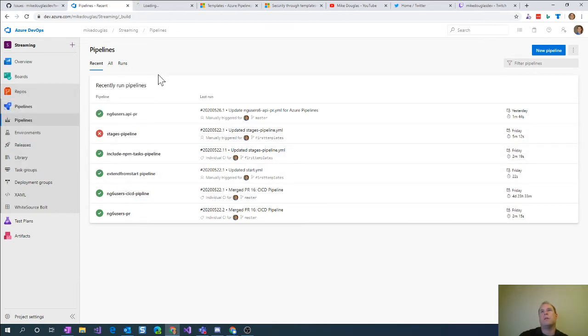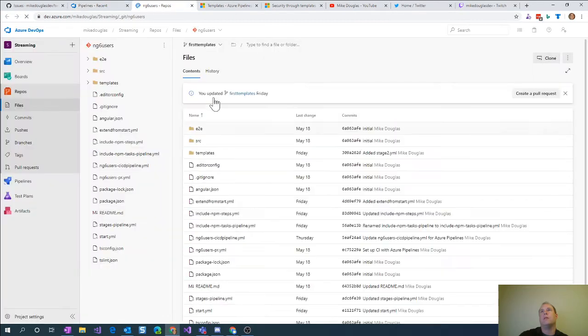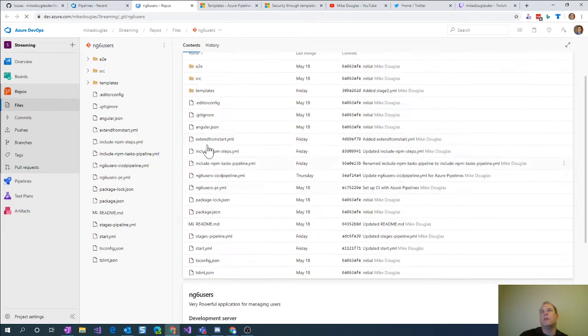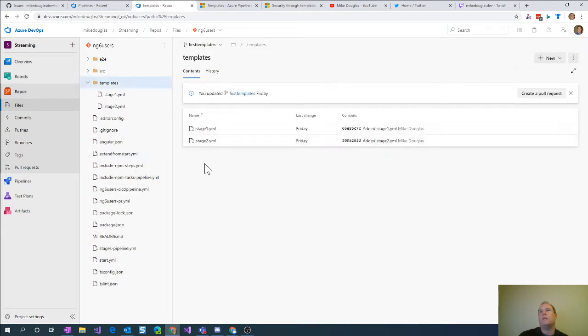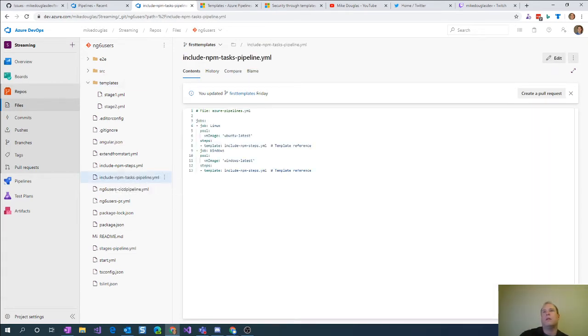So we can actually come here real quick. I just wanted to show it before we get too far down. They're still in this branch. So in this branch, we have a number of templates. I didn't put all of them into the templates folder, which I probably should have going forward, but I did try to include kind of sending conventions. So in this case here, we have the include NPM tasks. And you can see here's how we're doing an include with the template,